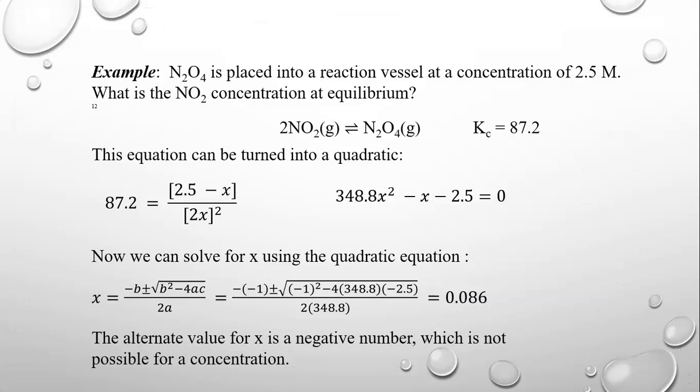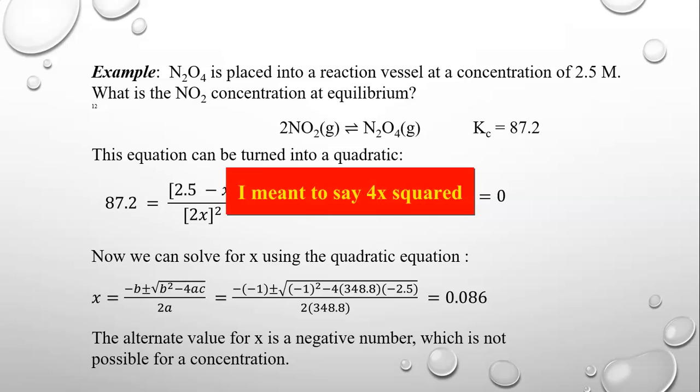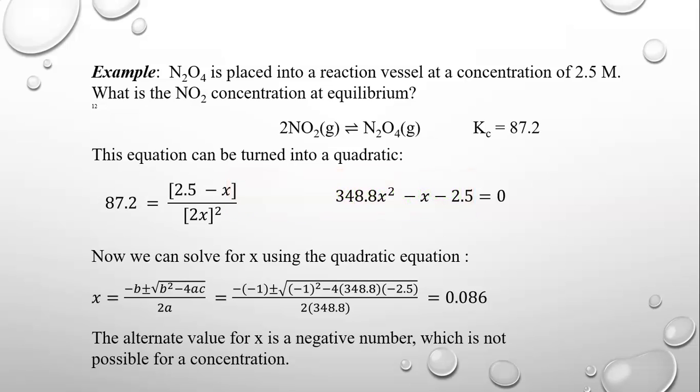Okay, so here we go. So there's the equation, and you have 2x squared, which equals 4x. So now you've got to rearrange that so that all of the terms are on the left side of the equation. And if you see in the middle there, 348.8x squared minus x minus 2.5 equals 0, that's the typical equation for a quadratic that you did in integrated math 2. So now you have to use the quadratic equation to solve that. And there you see it's kind of a big mess, but you've done it in math before. And what you get for x is